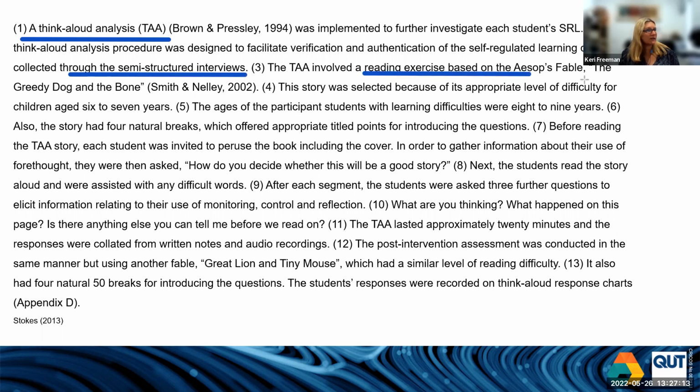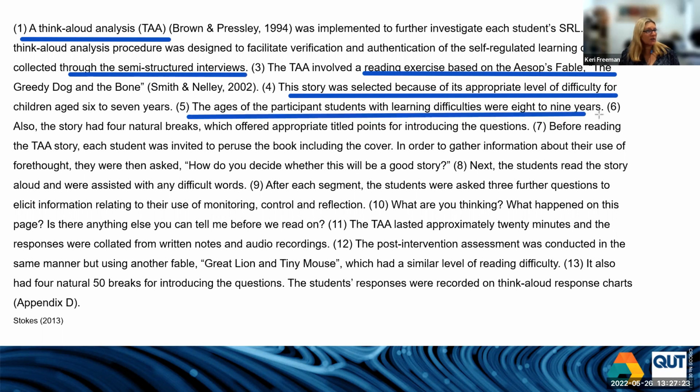So he had a reading exercise based on a fable, The Greedy Dog and the Bone. Why did he select that one? So he's justified. Yep, telling us again the age of the kids. Right, he's introducing questions. So a think aloud analysis. So he's asking them, he's reading the story and asking them to think about what their thoughts are as he goes through. So they've had a look at the book,